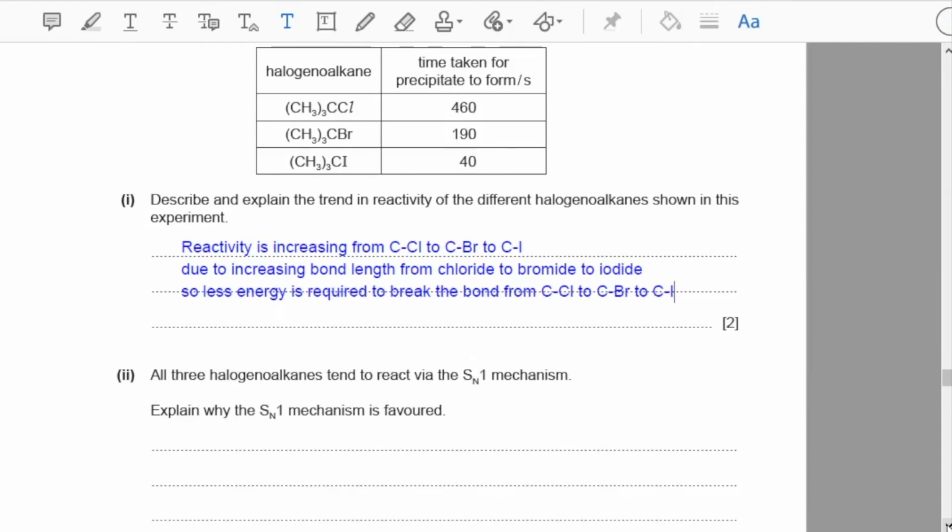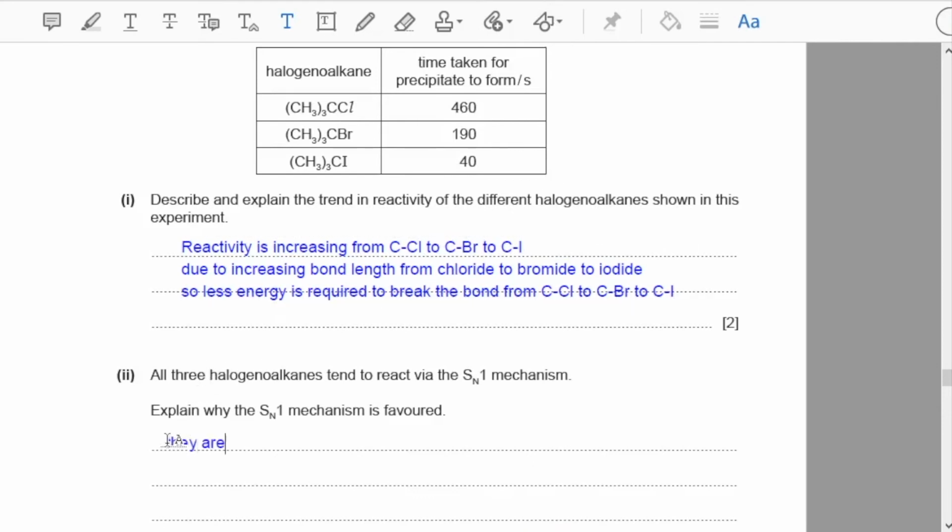Part 2, all 3 halogenoalkanes tend to react via the SN1 mechanism. Explain why the SN1 mechanism is favored. So SN1 reactions have a stepwise mechanism, while SN2 reactions are a single-step process. So the 3 halogenoalkanes in this question are tertiary halogenoalkanes, which means that their stability is the highest among all the other structures. So all these have their intermediate products very stable due to the positive inductive effect of the methyl groups. So I'll write